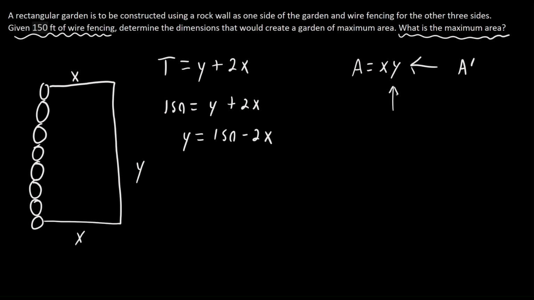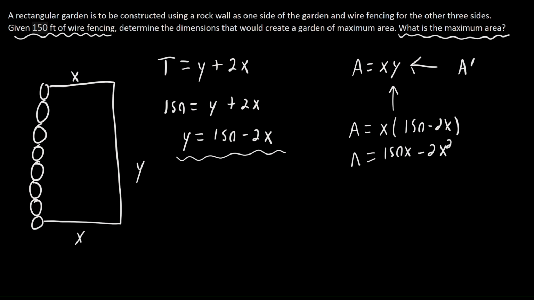So if we're going to take the derivative here, we need it in terms of one variable. So we could sub in this y equation into the area equation. So we're going to get area equals x times 150 minus 2x. And we could just expand. So now we're going to derive the area equation to get the critical points. So A prime equals 150 minus 4x. And the critical points occur when the first derivative is equal to 0. So we're going to get 0 equals 150 minus 4x, 4x equals 150, x equals